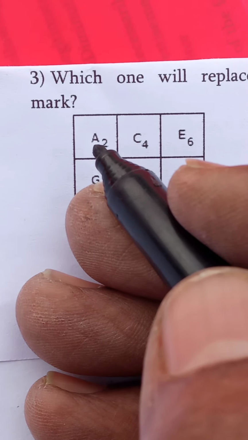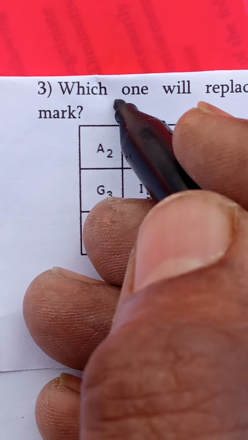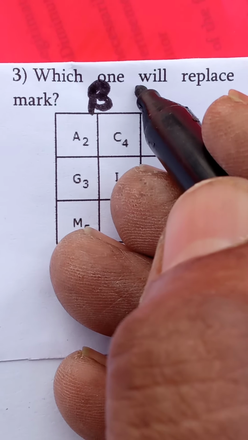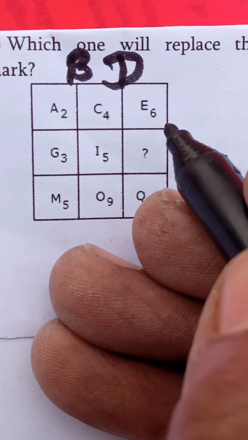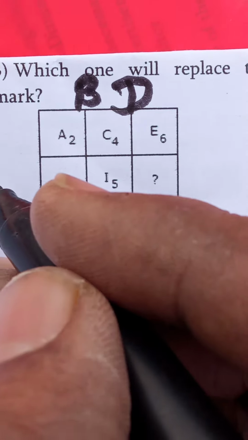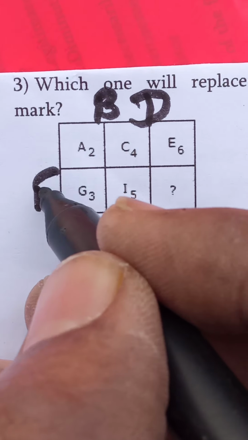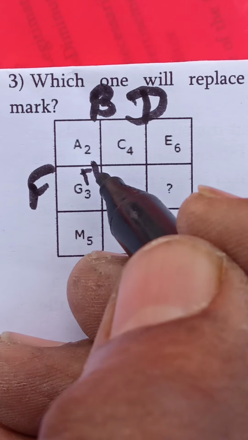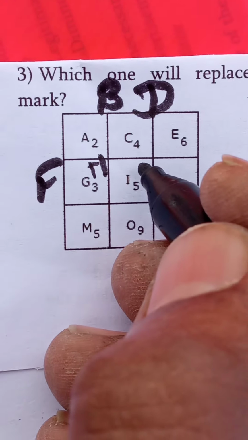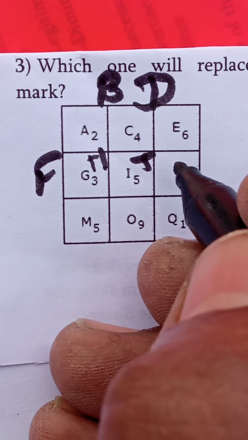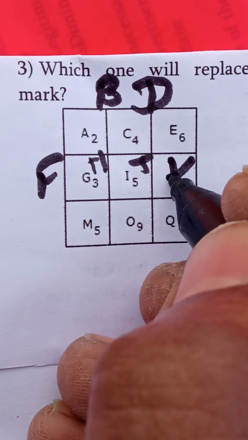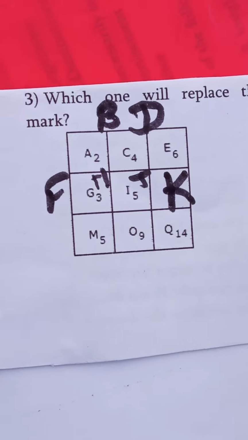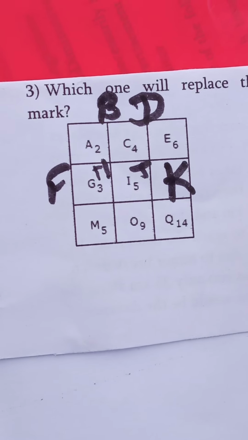First let us see here. A is 1. What is missing here? B is missing. A, B, C. C is there. Now D is missing. D, E is there. After E, F is missing. After F, G has come. After G, H is missing. After H, I is there. After I, J should be missing. So this should come with K. Okay, I, J, K. So no doubt the letter is K, but still what is the value there?